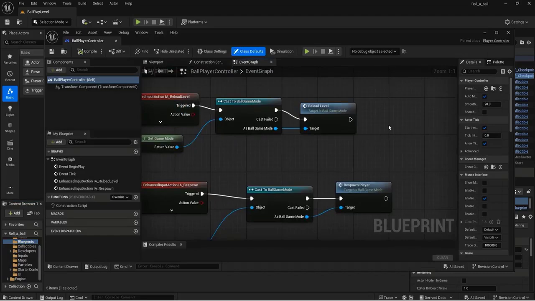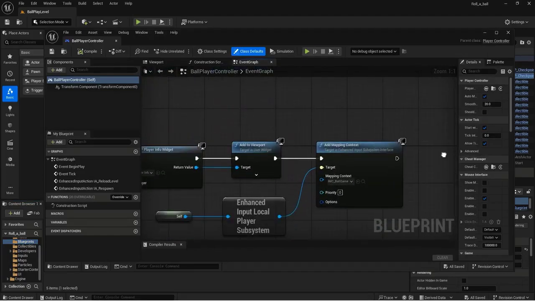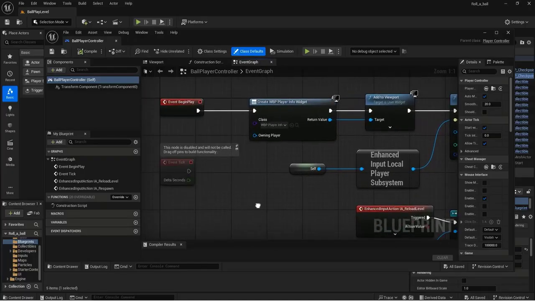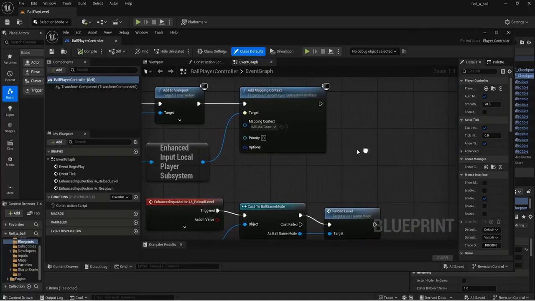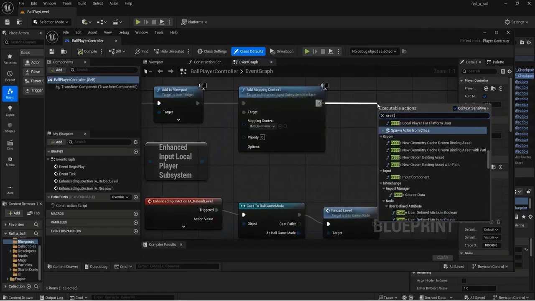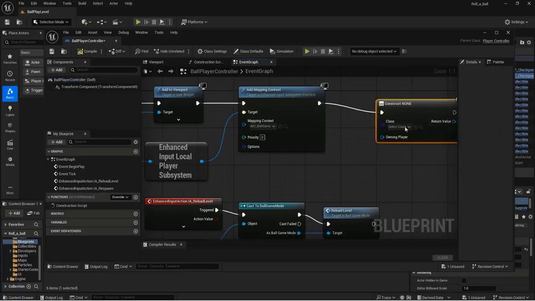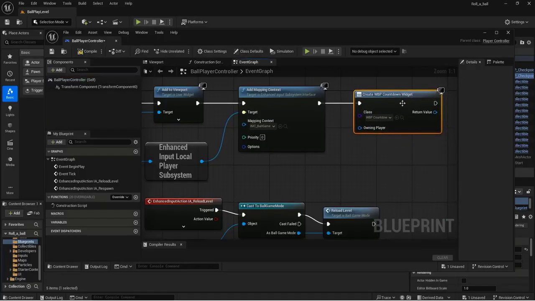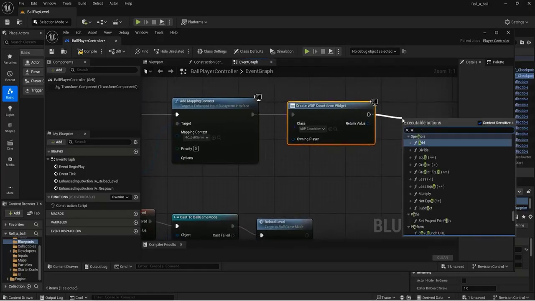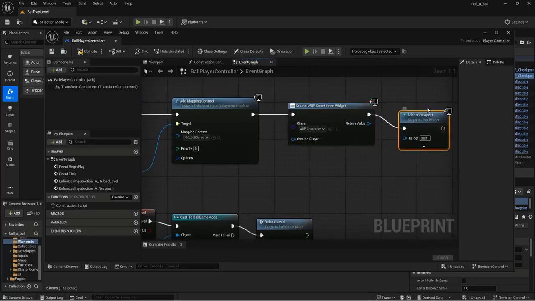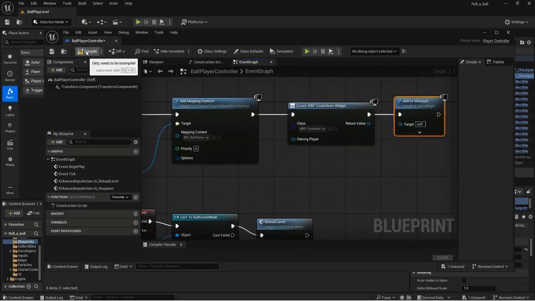and we can see that we have add to viewport. So this needs to be at the event begin play, so we can add it after this. So we're going to create widget, create our widget, and we'll find our countdown. And then we want to add this to the viewport. Compile and